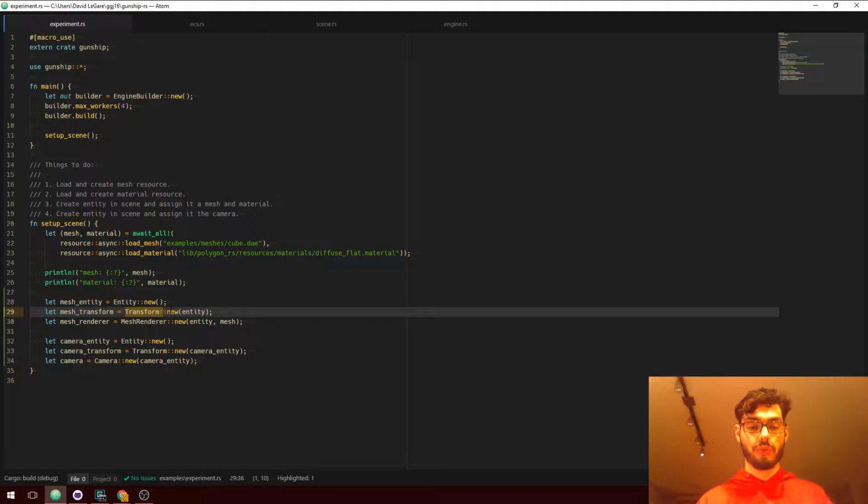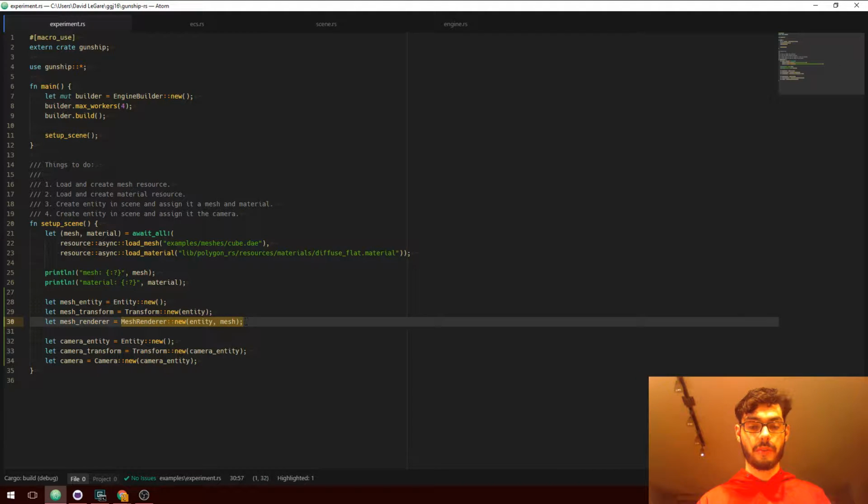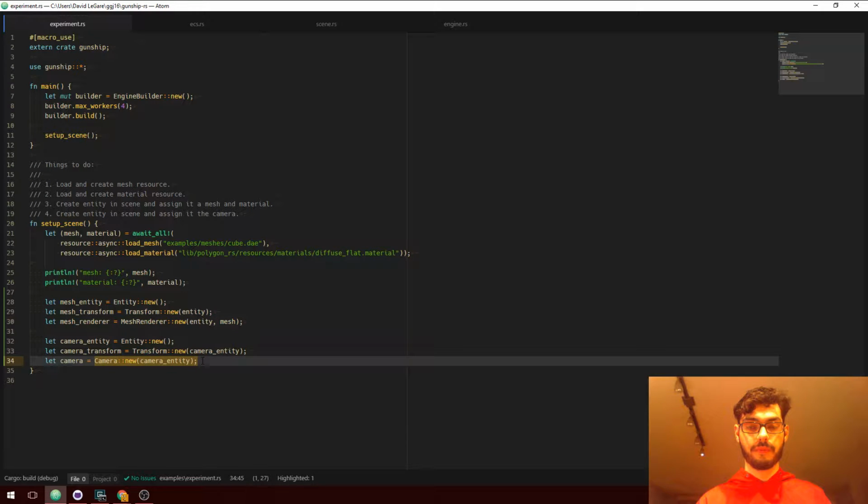And the same goes for transform, mesh renderer, and camera. And that's all well and good. This requires some synchronization in the background. It requires that we get at the singleton for the current scene for the engine. It requires that, in a multi-threaded context, we do some synchronization to make sure that we don't have data races when we're accessing the data, but it's easy enough to get around. It gets more complicated though as we get into more realistic game code examples.